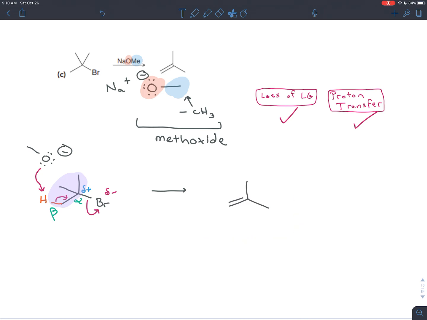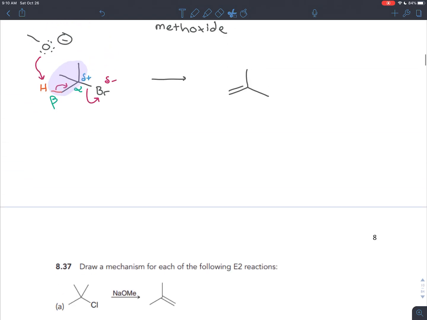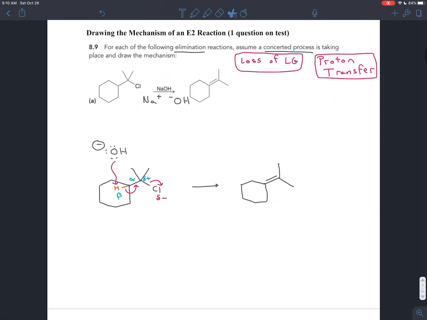So that is your mechanism. We used curved arrows to show the loss of leaving group and the proton transfer happening at the same time. Okay, that's how to draw a basic